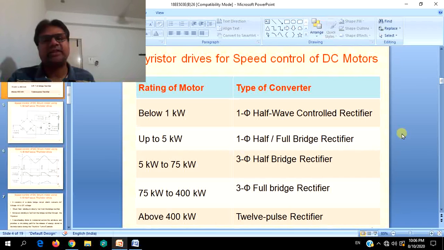Then what would be the difference if we replace that inductive load with a DC motor? There will be another extended feature where, not only due to the inductive nature of the load or inductive winding, not only the self-induced EMF or energy stored in the inductance will be there, but added to that, in DC motors, the back EMF or counter EMF induced comes into the picture.